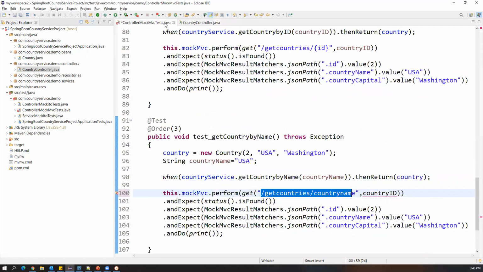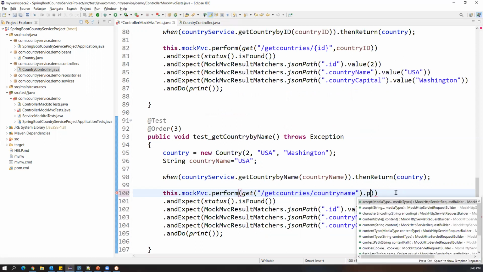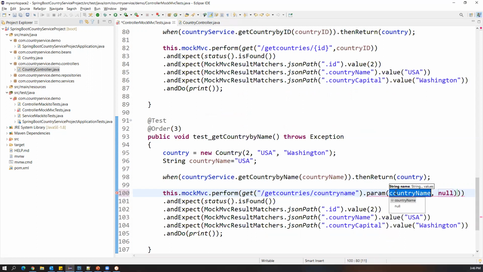So we need to pass a parameter in a different way. We cannot directly specify the country name here. So how can we specify that? We have to use one method. After closing the statement, we have to use one method called param. Inside this, we have to pass the country object. Sorry, param name. So what is the name field? Name is country name, right? So here the name is a parameter name. So here we are passing the parameter name in the request.